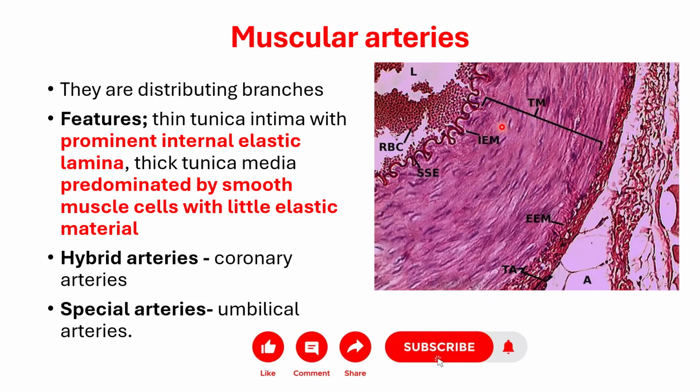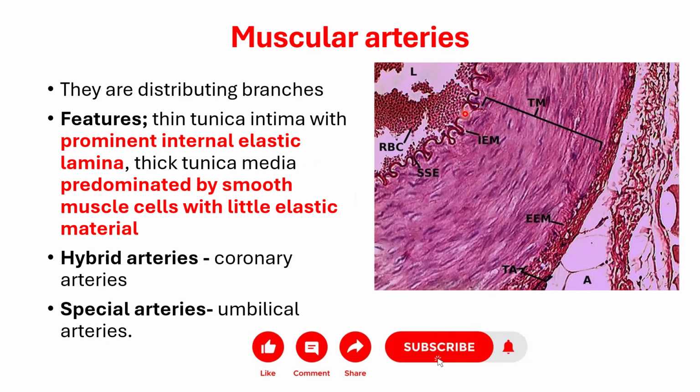elastic fibers. All of them will have smooth muscles and elastic fibers, but in the muscular artery you have more smooth muscles, and that's the reason we can see the nuclei here, and fewer elastic fibers. Another thing to appreciate is that in these muscular arteries, the internal elastic membrane is the one that is prominent. The external elastic lamina will not be prominent, but the rest of the features will remain the